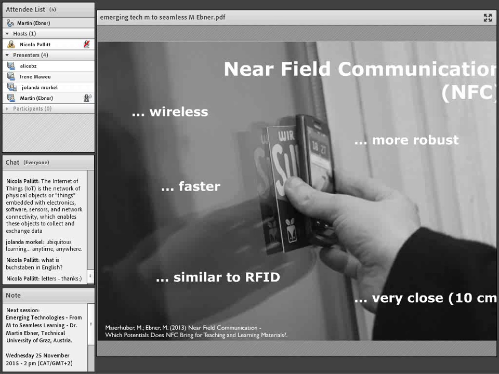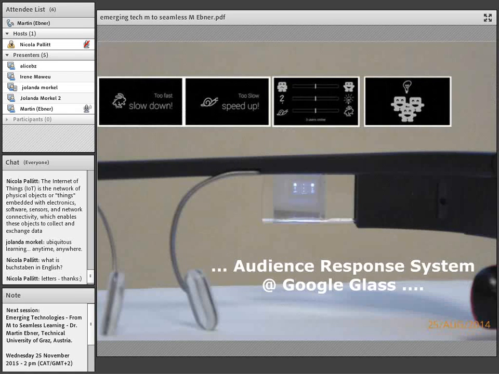We have first research works about near-field communication. You can see how we can use NFC for learning and teaching, and we have done first prototypes where you can just take your phone and go over the chip, and you get, for example, the lecture content. You can say, okay, hi, I'm here, and so on, and how we can use RFID technology also in education.